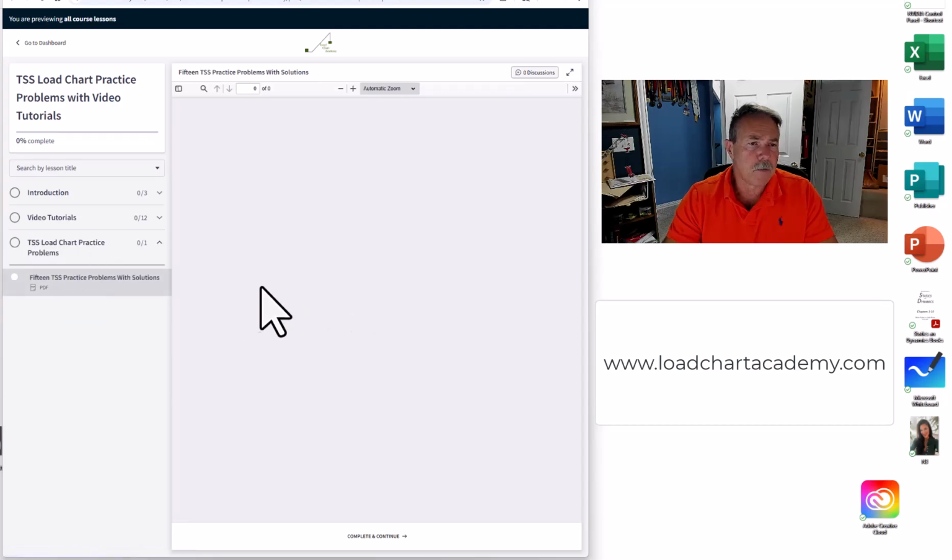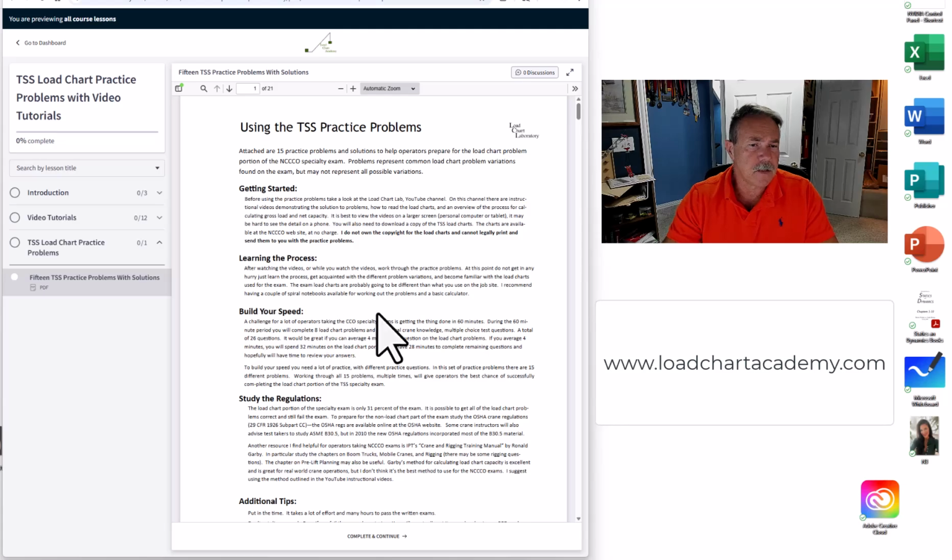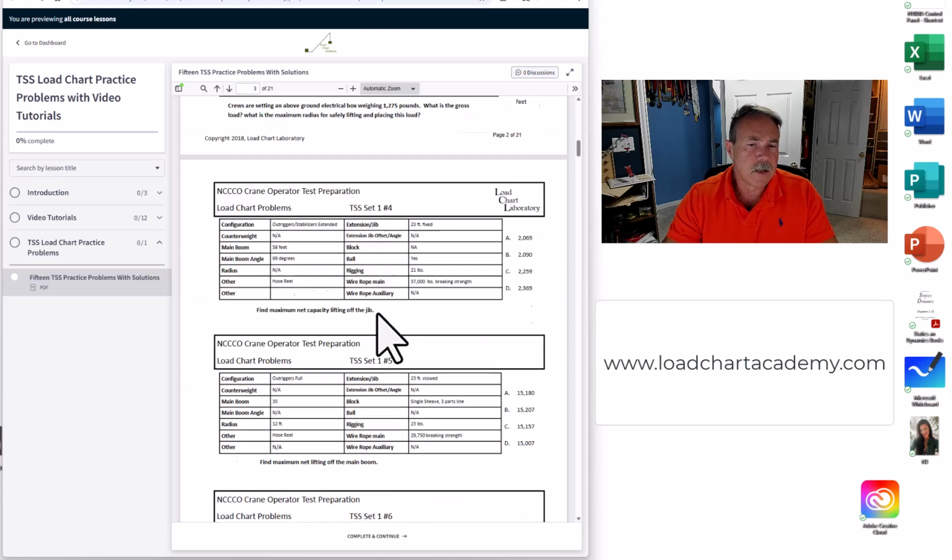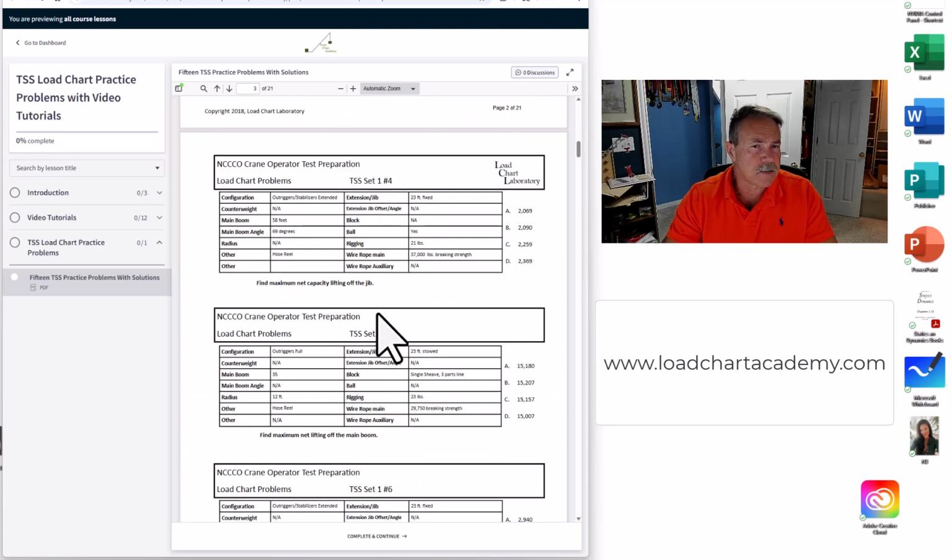15 practice problems. That's all I have for the TSS. It's not quite as difficult of a test. I think 15 practice problems, over the years, has proven to be more than adequate to help operators pass the